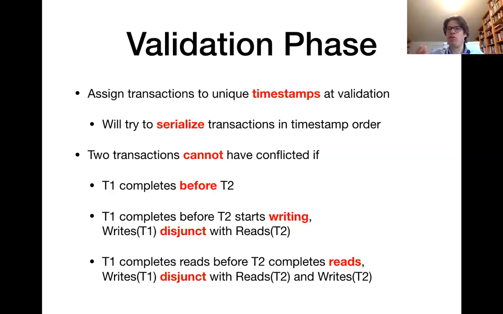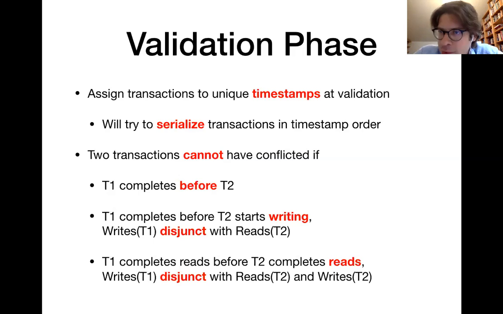So essentially our goal is to create a serialization order of the transactions that is consistent with those timestamps. So in the end, the database should look as if those transactions had executed in timestamp order. And also what other transactions see, which transaction sees the changes from which other transactions, that also should be consistent